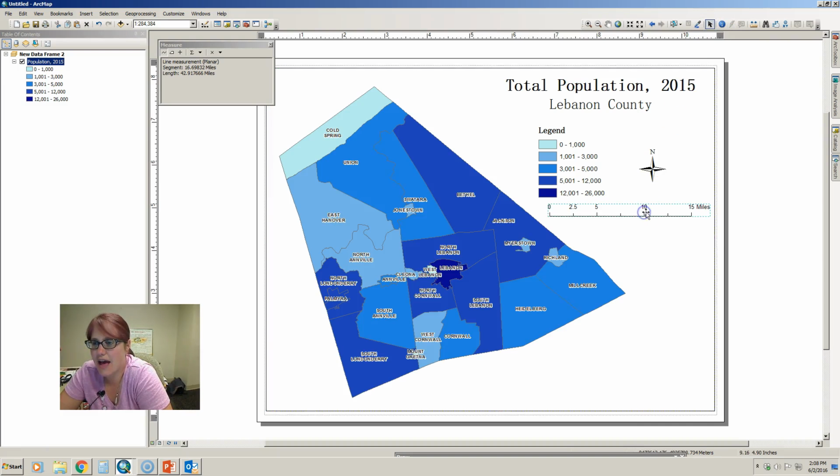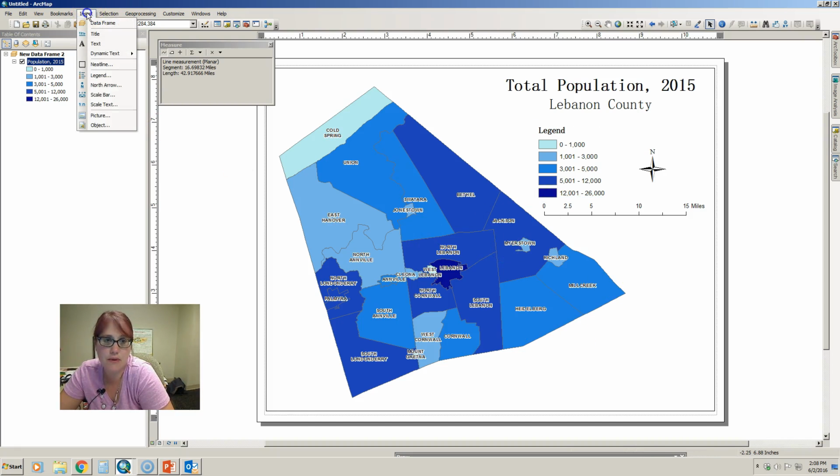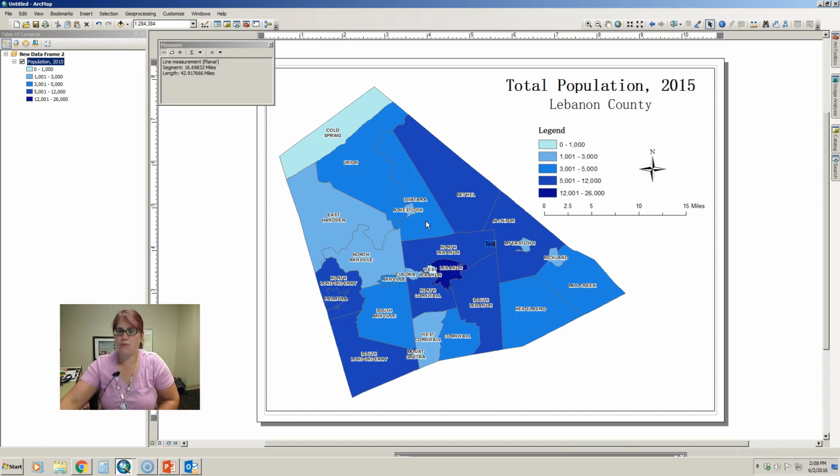But you get the idea how things are kind of put together and organized so that you can interpret the map. And once you have those positioned as you want, one other thing that you might want to add is insert text, and to put your name,